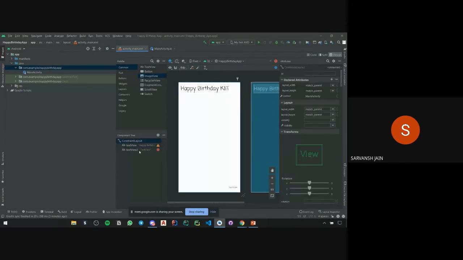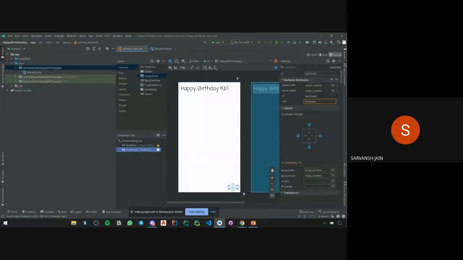Then I'll edit the next text. This is the text too. I'll change it from GTSC. We'll give it attributes.